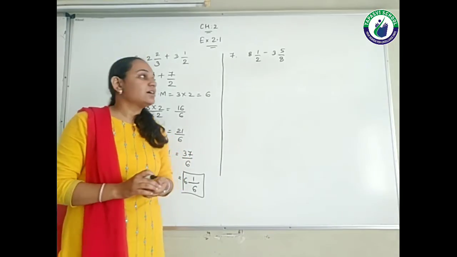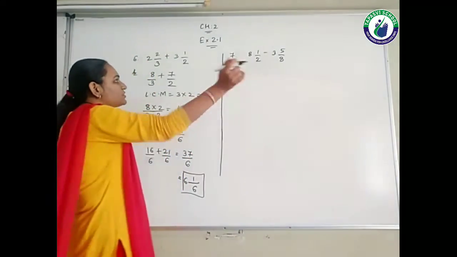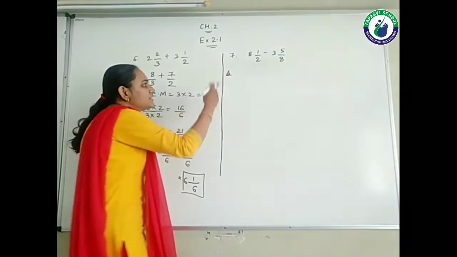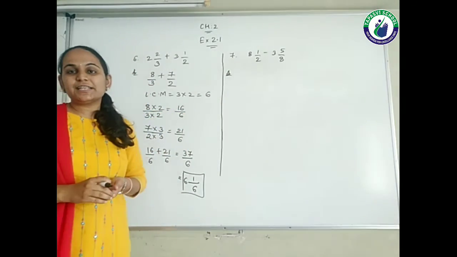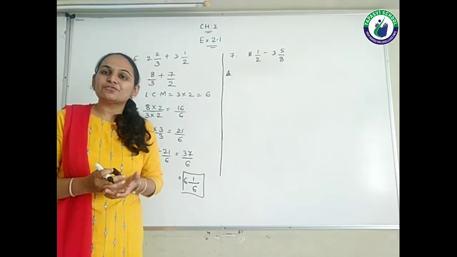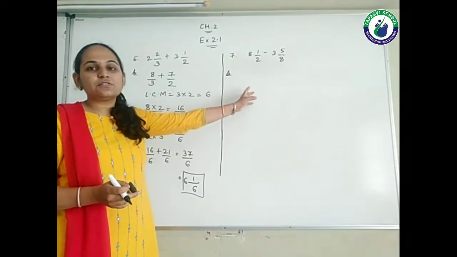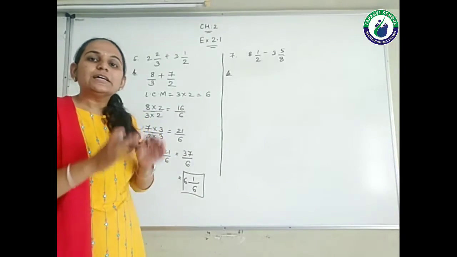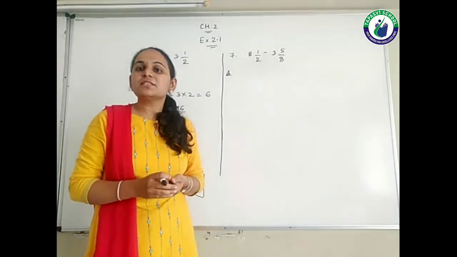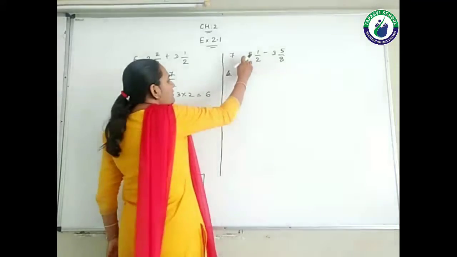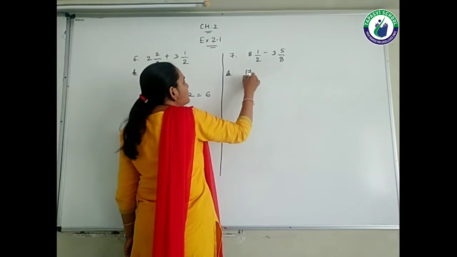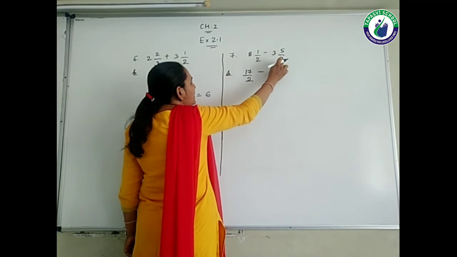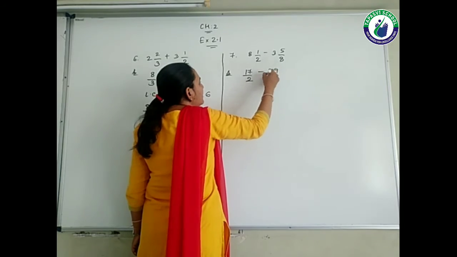Now let's see the second last question of this question number 1. This is also the same as this sixth one, but the only difference is the sign. Here we are having negative, that means minus sign in between them, and here we are having plus sign, right? Rest all steps remain the same. So 8 2s are 16 plus 1, so 17 upon 2 minus 3 8s are 24 plus 5, 29 upon 8.